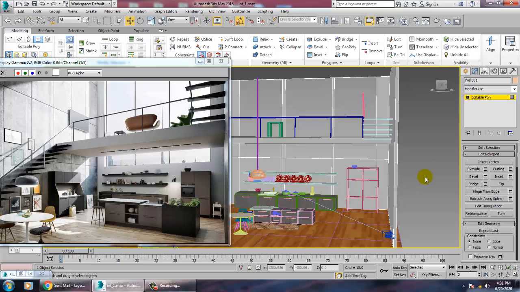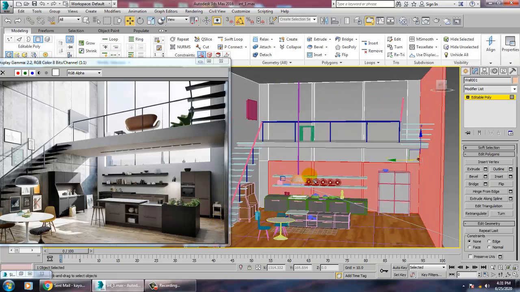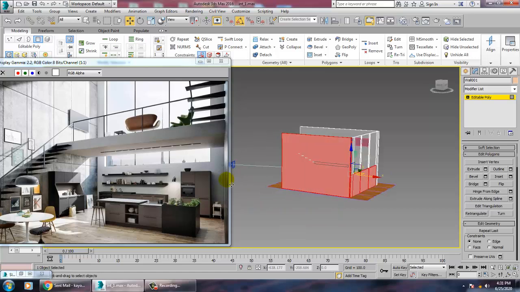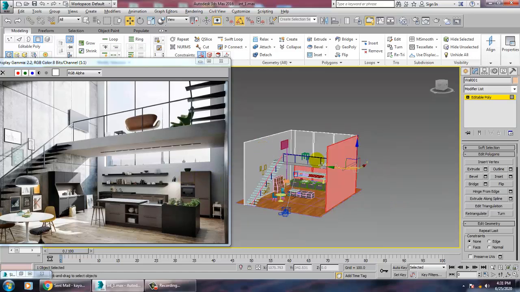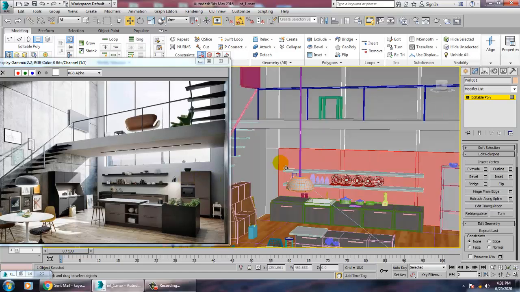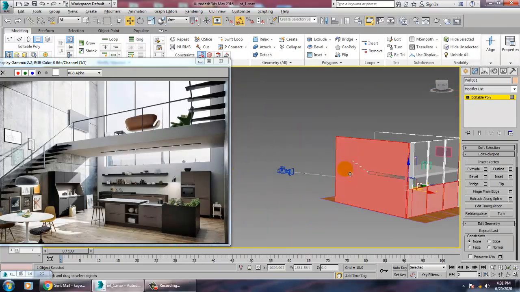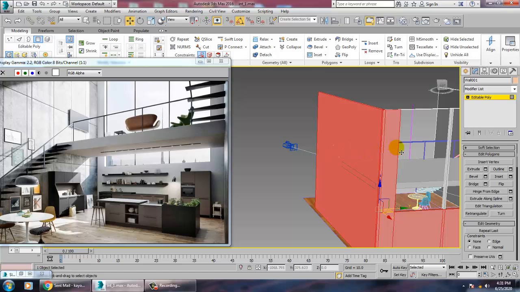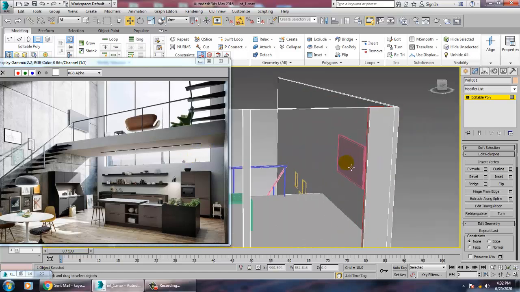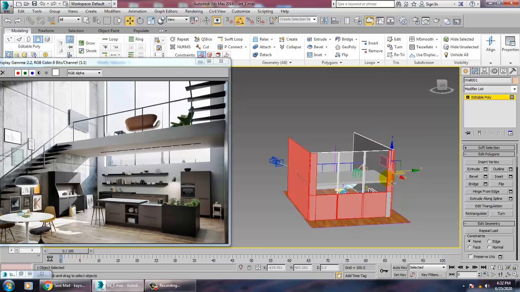Apart from that, we are just going to select this much of the area excluding this wall and including this. We definitely need to select the outside wall also.